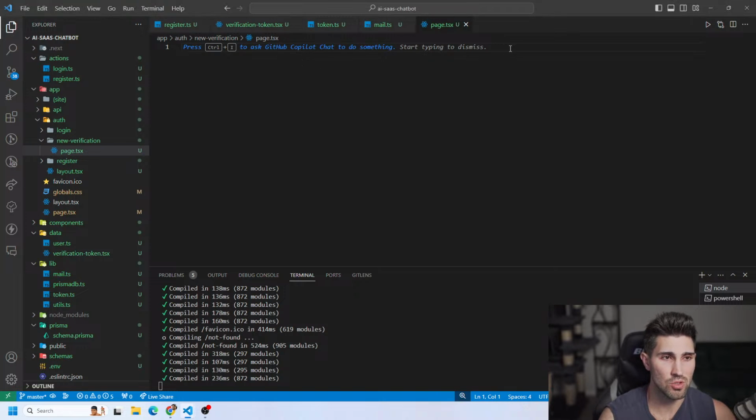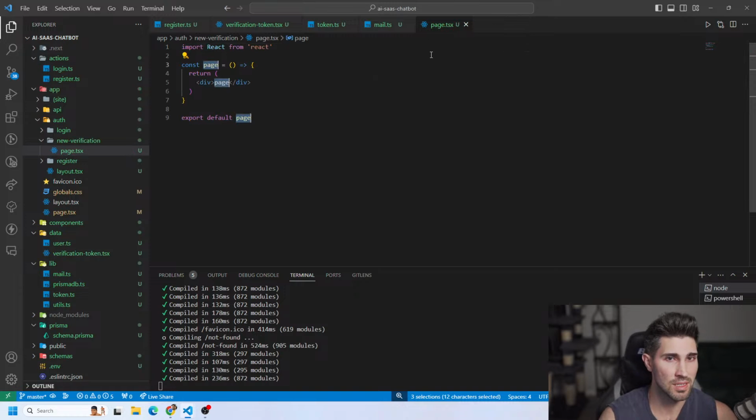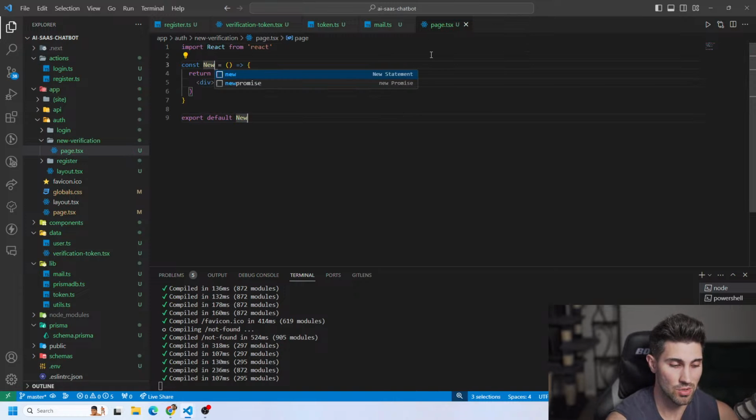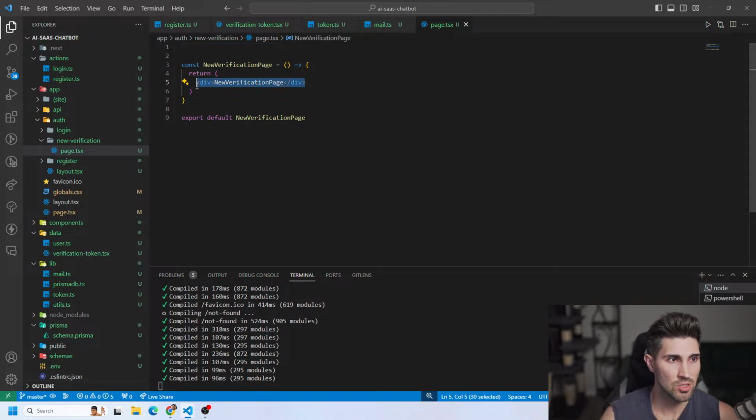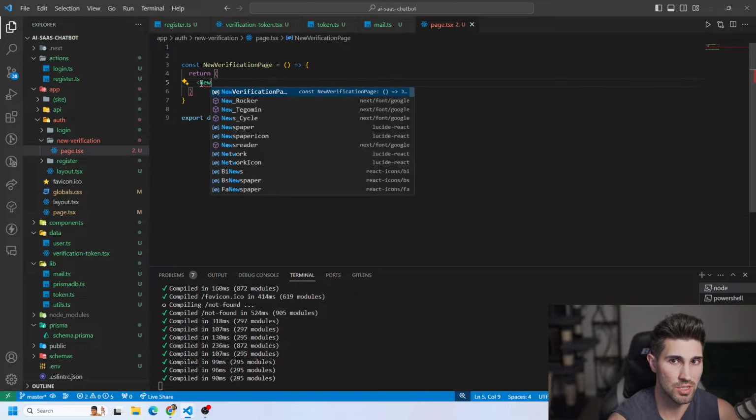we want to run a side effect function that checks the token from the URL parameter, and then it checks against the database and updates the verified email for that specific user. So what we're going to do is we're going to run RAFCE. This is going to be the new verification page. We can remove this import at the top. We want to keep this a server page. So what we want to do is we want to create a function, a component